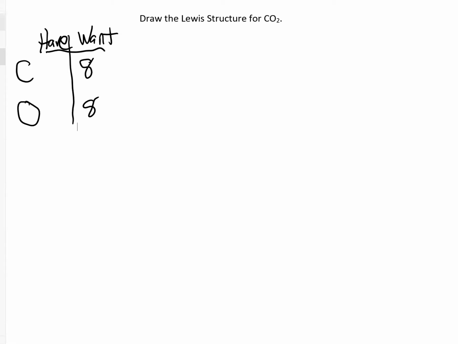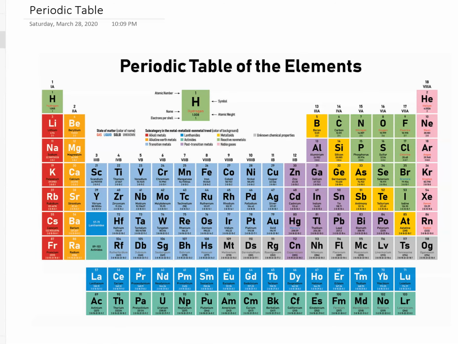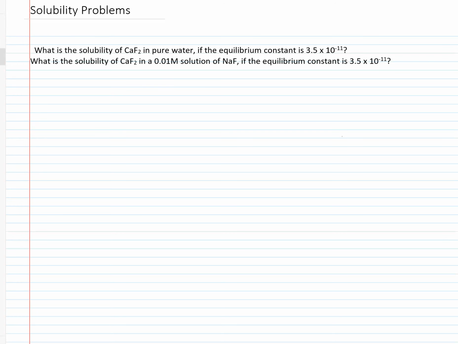If we go over to the periodic table here for a second, we can see that carbon sits right here, column 14, or 4A, meaning it has 4 valence electrons, and oxygen falls in column 16, or 6A, meaning it has 6 valence electrons. So when we fill this out, we're going to have,